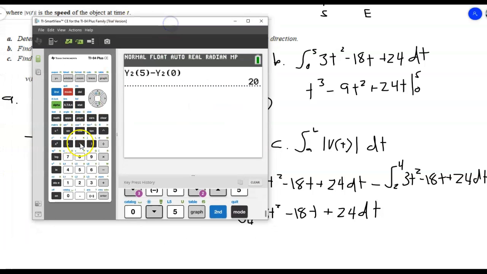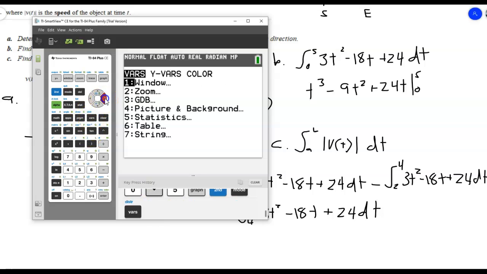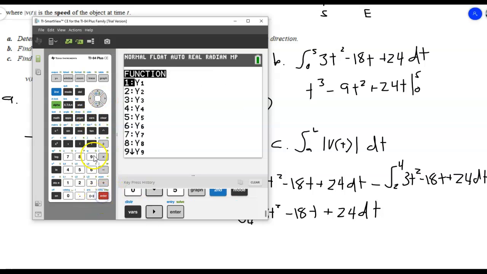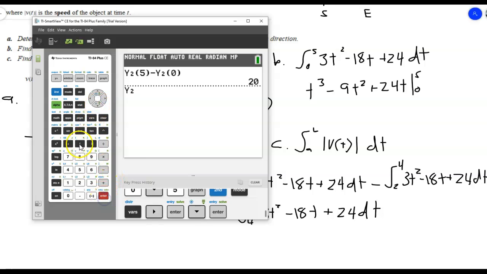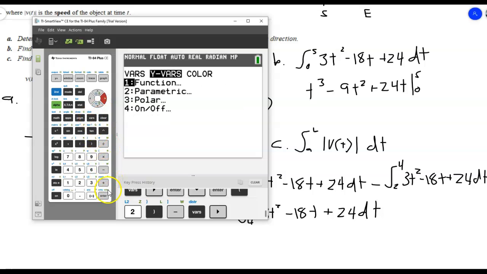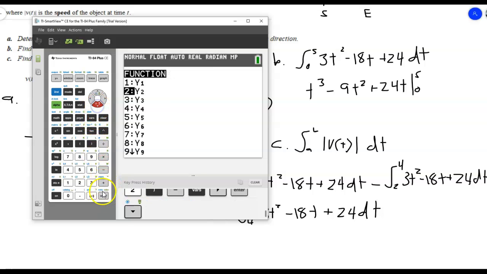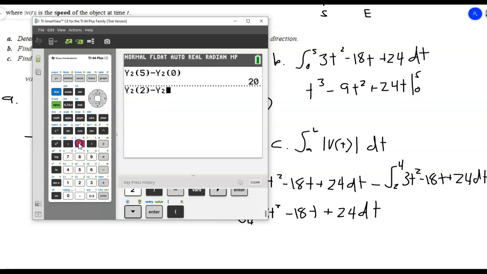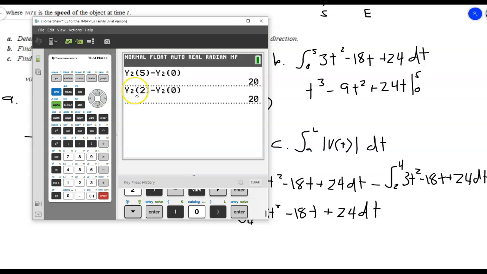So we're going to do vars, variables. So this first one evaluated at 2. And then minus, do the same thing here, evaluated at 0. And that's going to give us the first,